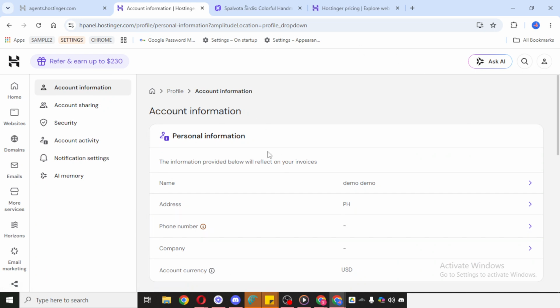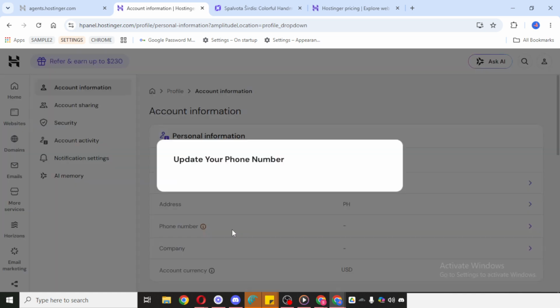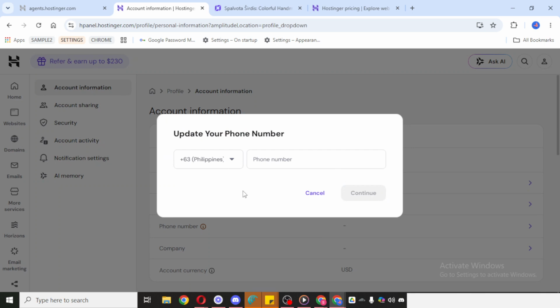Once you're in Account Information, find the phone number field and click on it. This will allow you to enter your phone number. As you type it in, make sure the number is correct before moving forward. It's a good idea to double-check every digit, especially if you're entering a country code or updating a number you plan to use for future account-related actions. Even a small mistake can cause issues later, so taking a few extra seconds here is worth it.